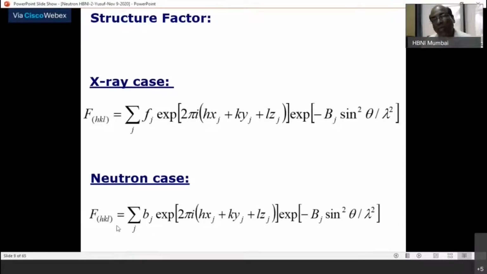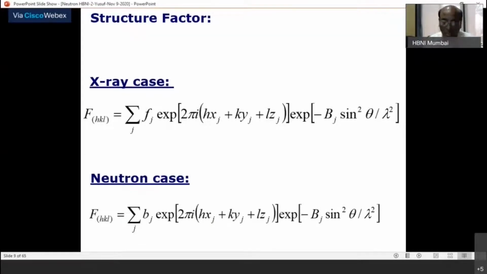So once the HKL concept, the Bragg peak concept, is there, that means you have inherently taken the concept of a periodic structure. Atoms are periodically arranged. You have the unit cell concept, okay? And then you are counting the number of atoms or ions within the unit cell. When you talk about the non-magnetic case, in the paramagnetic state or even the magnetic state, but talking about the crystal structure, you need to count all the atoms in the unit cell.